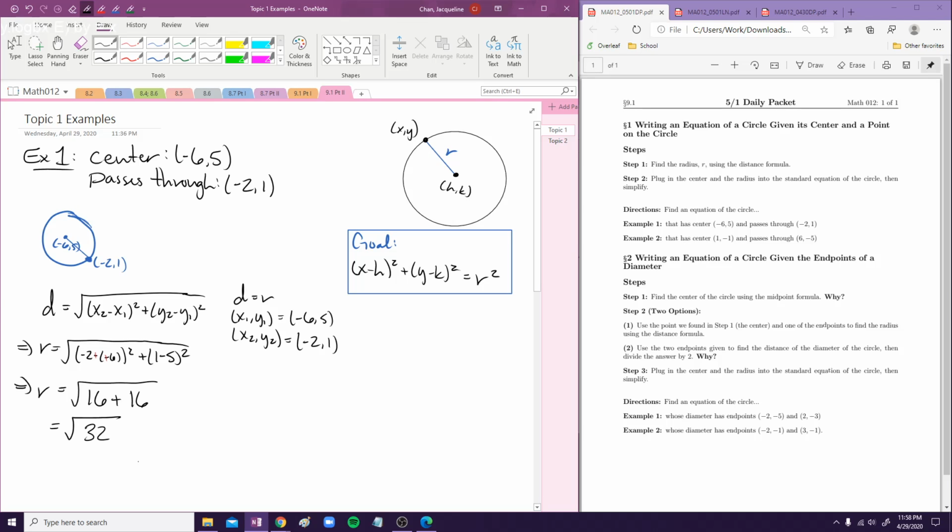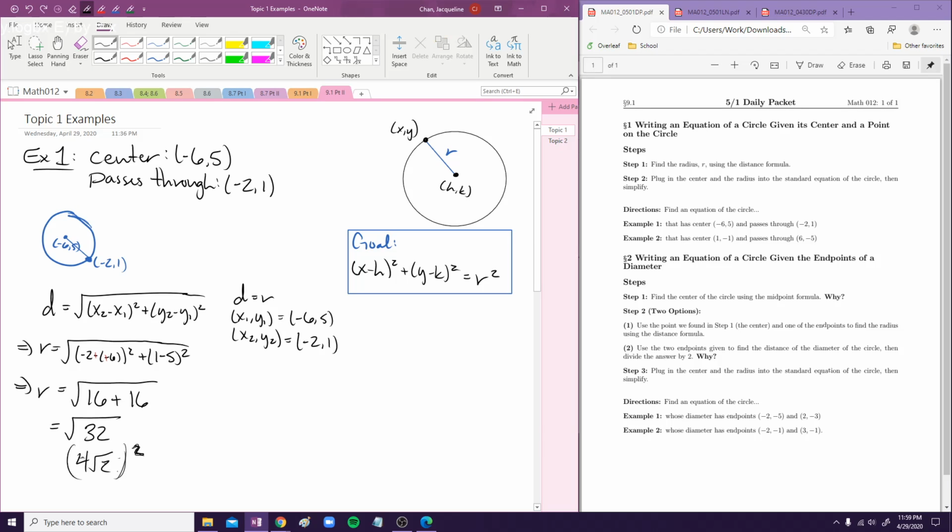Normally when we see a square root, we want to simplify. However, in this case, we don't have to. Actually, this would be 4 square root of 2, but we don't have to do this. Why? Because we're just going to square it. If we simplify, we're doing more work than necessary. And if we have two factors like this, we are more apt to make a mistake because sometimes we'll forget to square one of these. But if we just keep it like this,